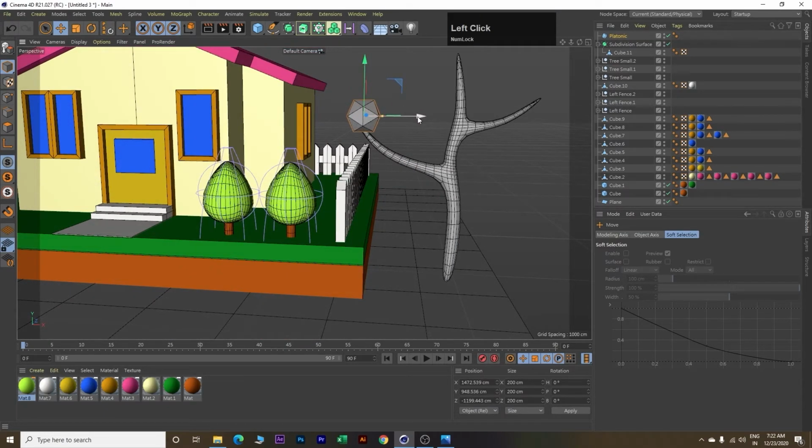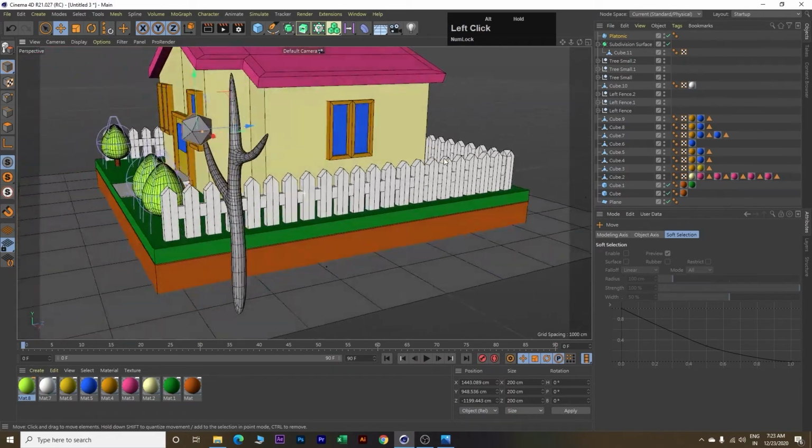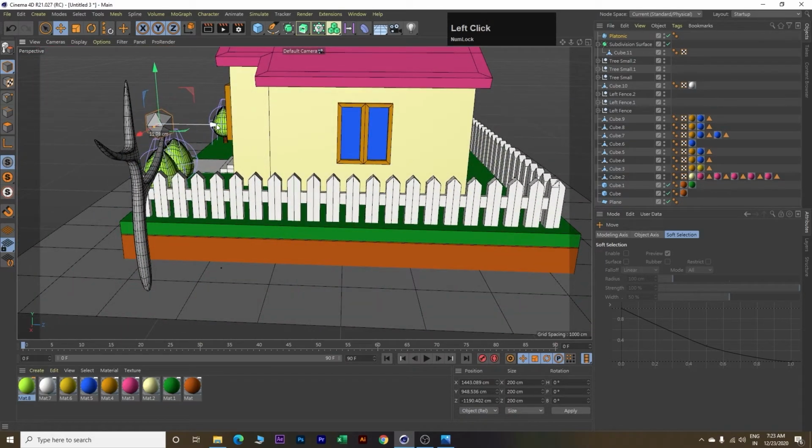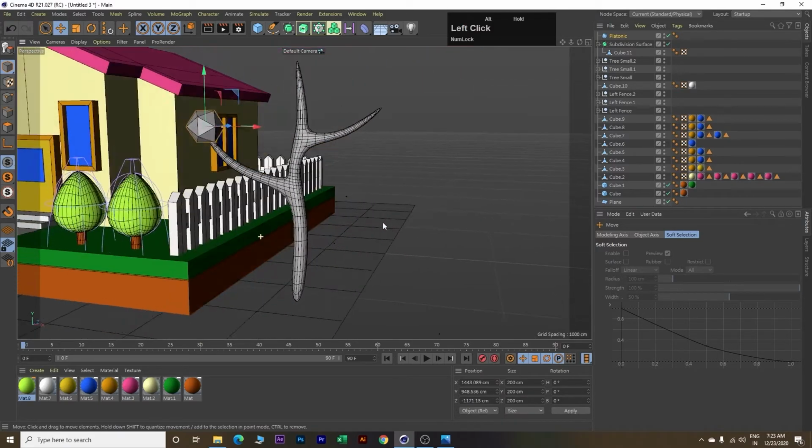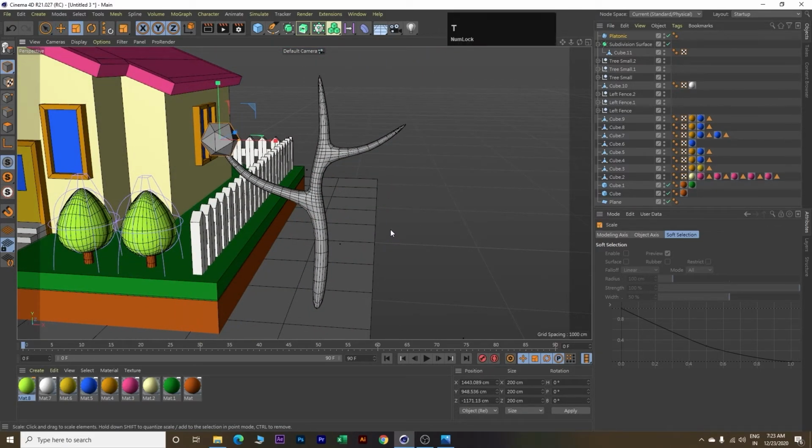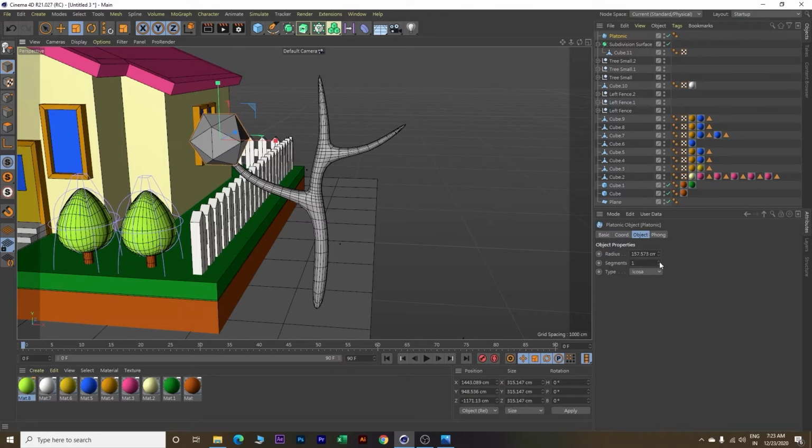Place it properly and see the placement. Okay, this looks good. Next click T on your keyboard and increase the size. Next increase the segment to 3.